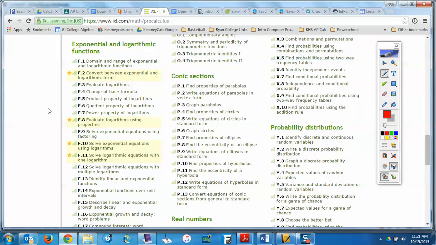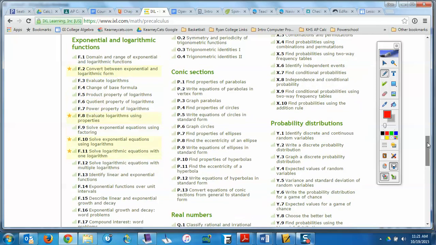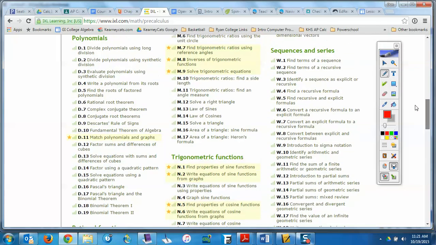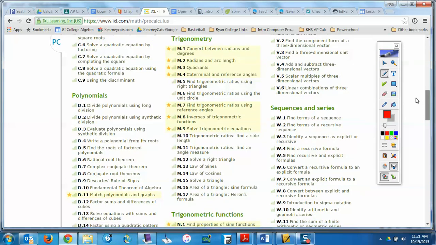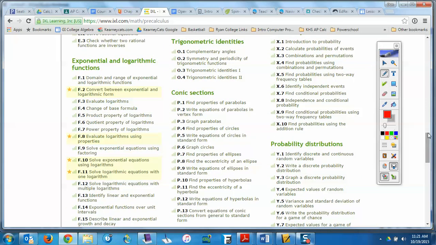Now, here's how it works. Let's just pick this first one in the F section. Okay? Everybody just watch up here for a second. Does everybody understand what I'm saying? 4 total, not 4 out of each. 4 total. Now, if you're pretty good at it, it doesn't take you very long. So there's 4 highlighted in the F section, and there's about 7 highlighted in the trig section, the M section. So F and M, there's about 11 highlighted. You need to pick 4 at this point.